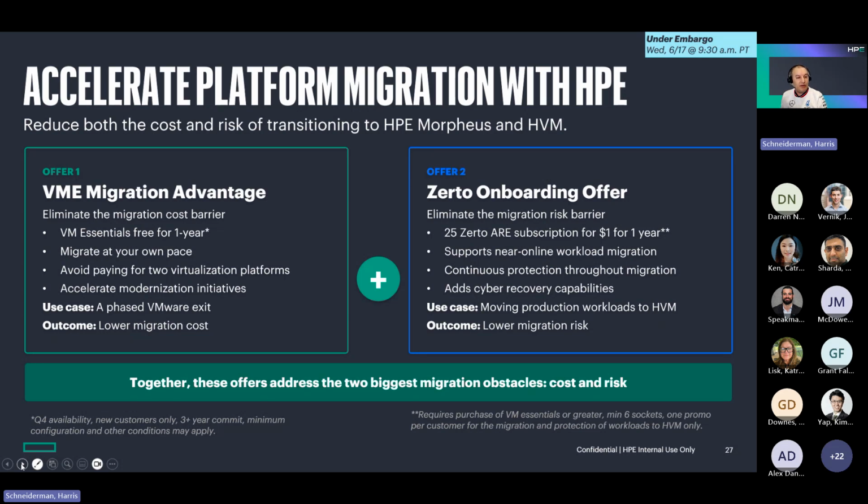The offers are here. So number 1 is called the VME Migration Advantage, and this is really for customers who, I think quite correctly, recognize that changing your virtualization platform isn't something you do overnight. It can take weeks or months and requires careful planning. And so what we wanted to do is give customers the ability to start that planning and migration in advance of the expiration of their current contract for their current virtualization stack. So whether that's VMware or someone else, this allows you to start basically a year before that expiration, and you can have Morpheus VM Essentials for free for the first year, so that you can use that year to migrate at whatever pace